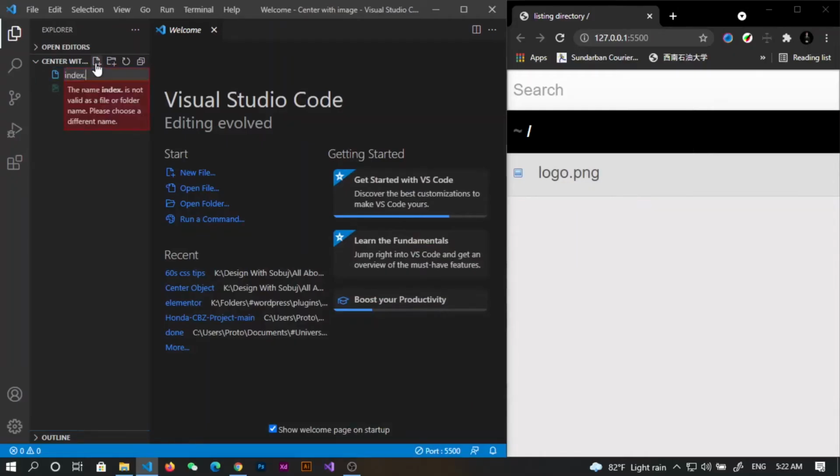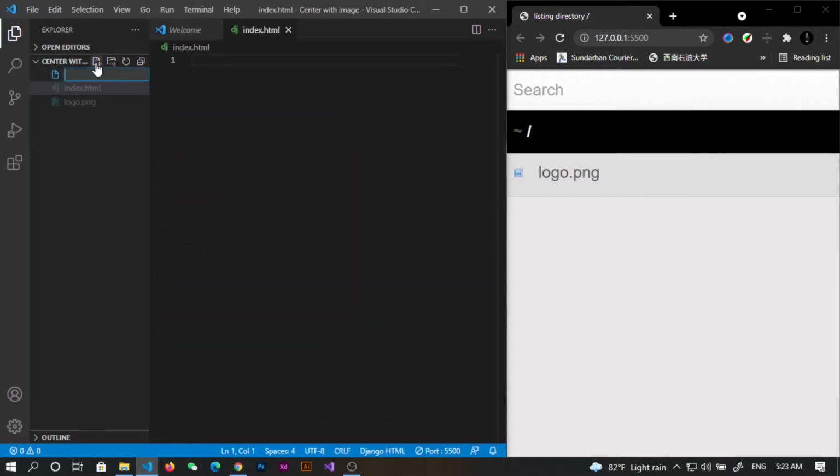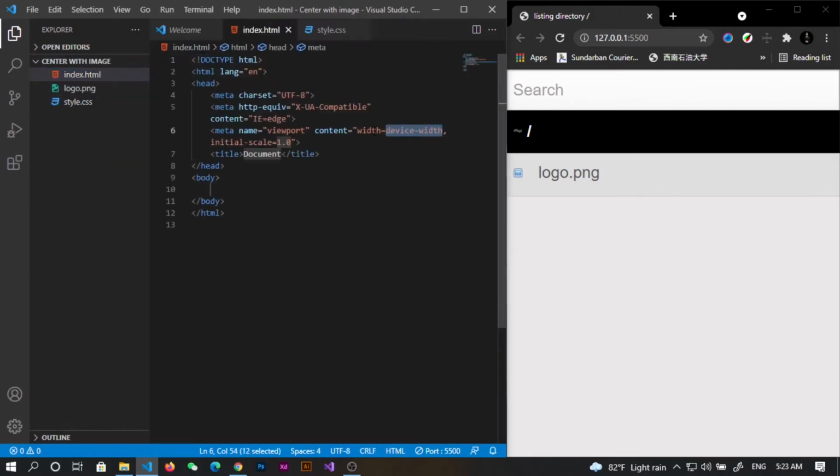Create an index.html and style.css file and change our Django language to HTML. Use the boilerplate. Now we're going to link our CSS with the HTML. We're going to change the header name to image center, and we're going to take a div inside the body